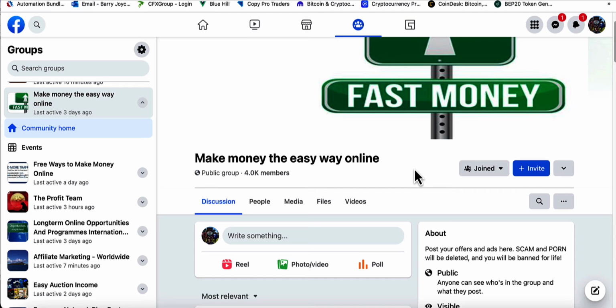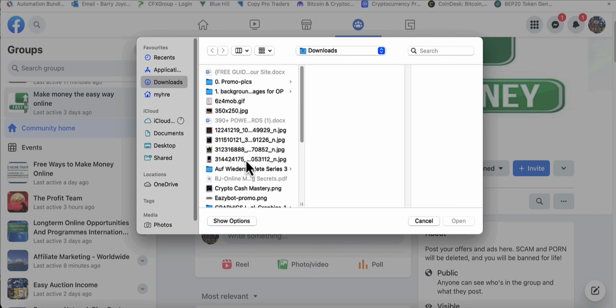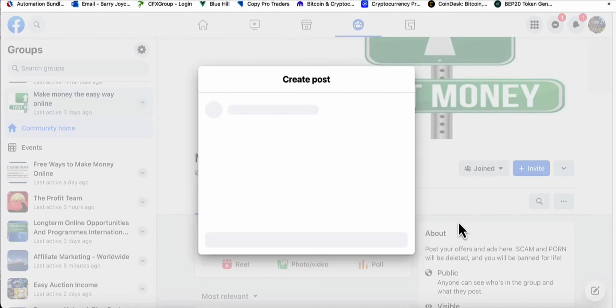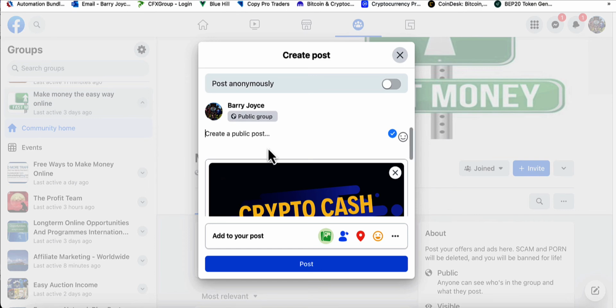So all we need to do now is create a post. To create the post, we're going to use a nice simple little photo. There are a number of different free tools out there, the most popular one being Canva, so you can make yourself a nice little photo, and then we're just going to make a post there. Just click on the photo, select where your photo is, and then select it in there. We're going to create a form of post, and we're just going to put something like